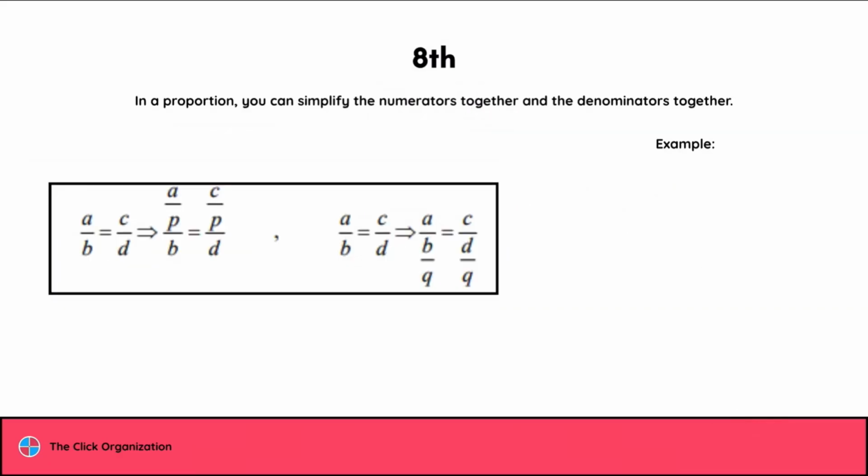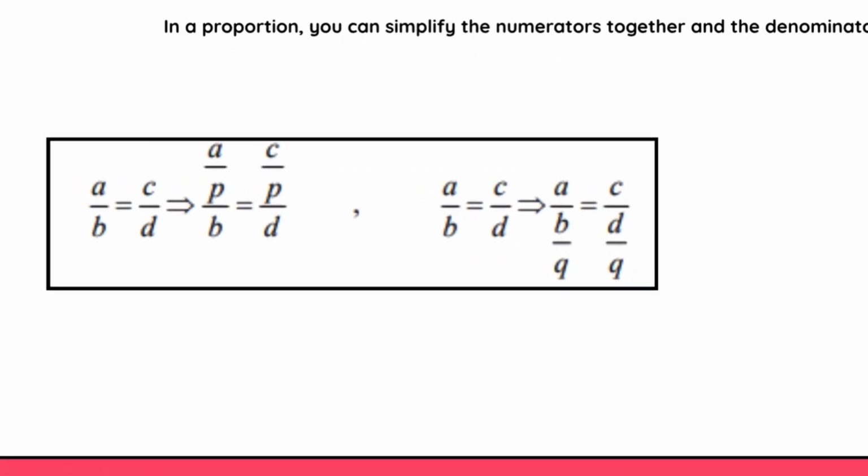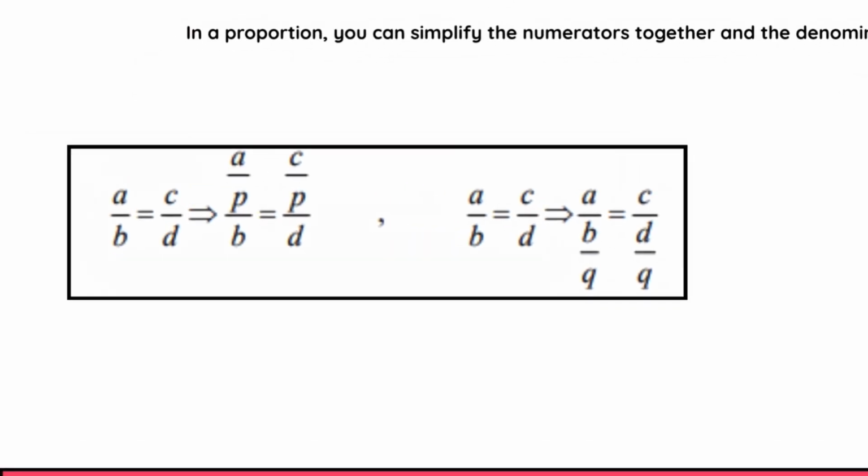Okay, the 8th one. In a proportion, you can simplify the numerators together and the denominators together. What does this mean? You know that we can simplify the numerator and the denominator, right? But in a proportion, we can simplify the numerators and the denominators together, and there's not going to be any changes. So for example, I'm going to have 15 divided by 25 equal to, for example, 18 divided by 30,